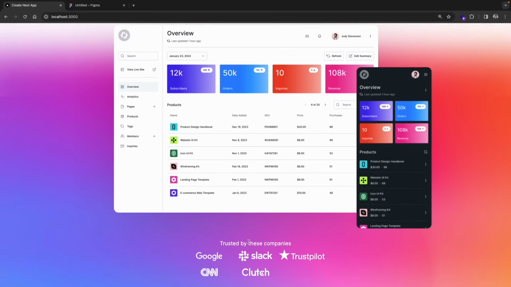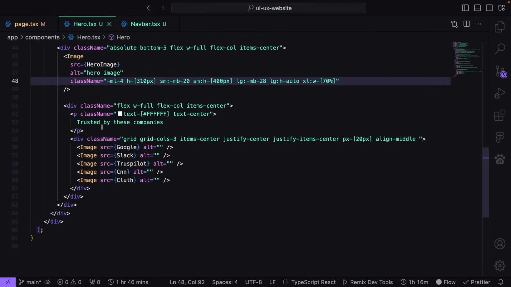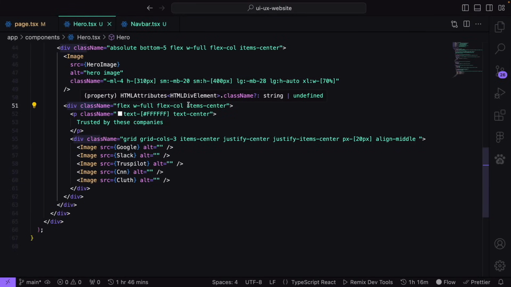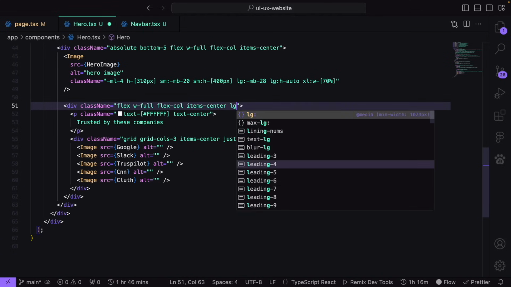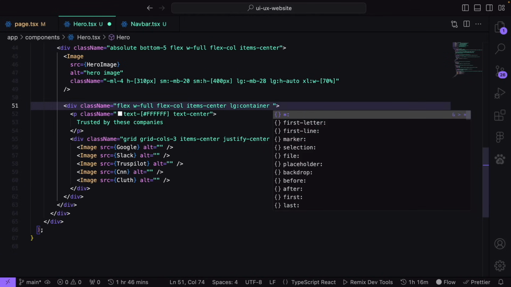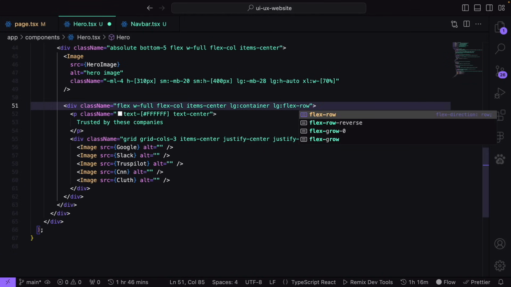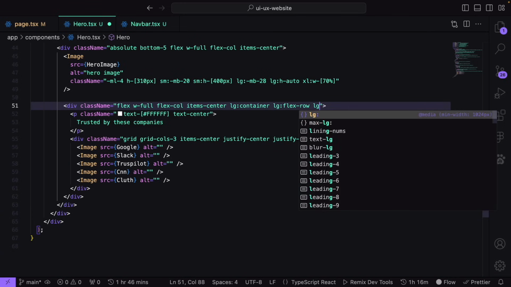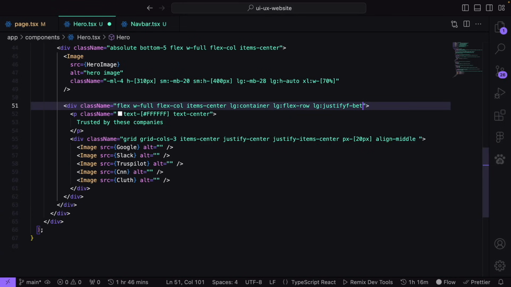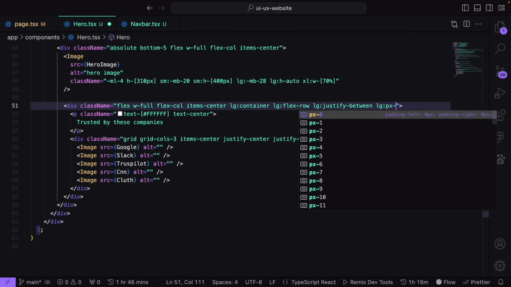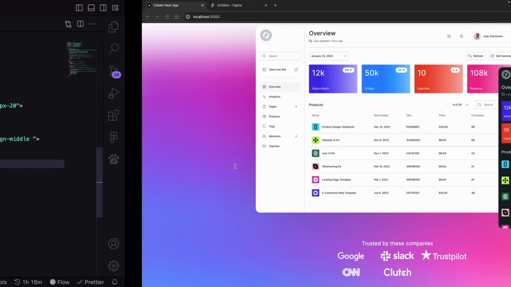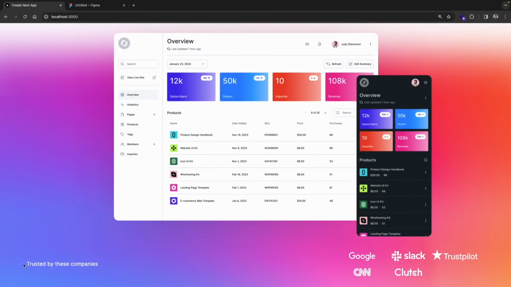Our icons on the bottom are not sized correctly, so let's change that right now. Let's go back and let's right here play with this div element, since that's actually the parent element. So again, on the larger devices, let's say container. Let's do on larger devices a flex, which will be row and not anymore flex column. On larger devices, let's do justify between. Then let's also do on larger devices padding X of 20. Let's see how that now looks. Yeah, that's already good. So on the left side, we have trusted by these companies, and on the right side,